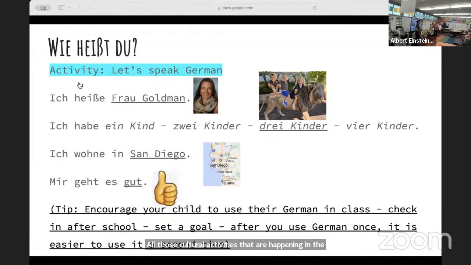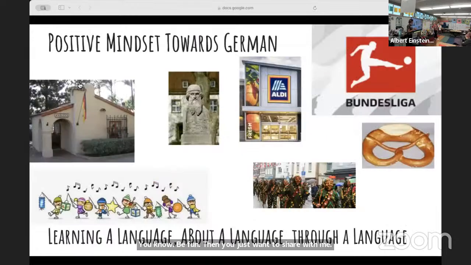We're doing the carnival, the Fasching here at school, where we have just like little cultural exposure for the kids. Yeah, the pretzels, Oktoberfest, watching soccer, being part of the German culture to help them feel positive, feel good about German, knowing, oh, it's not just like we are sitting here in California and what is Germany, where is it? But just bringing it to them and making it be fun. And you just want to share some of what you have. The German Kinderchor, the choir, is a great opportunity with Frau Claudia,